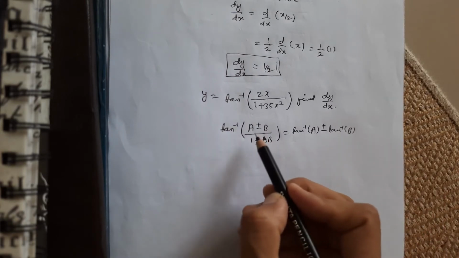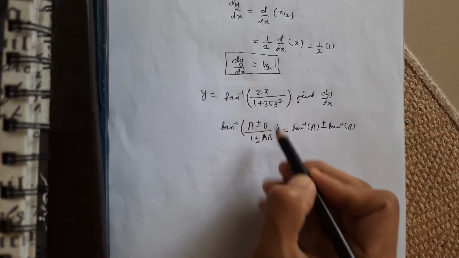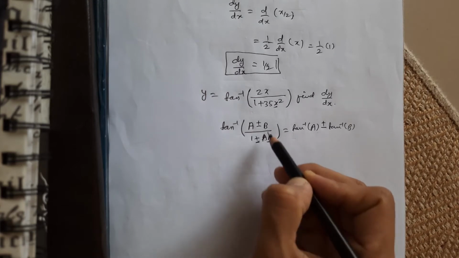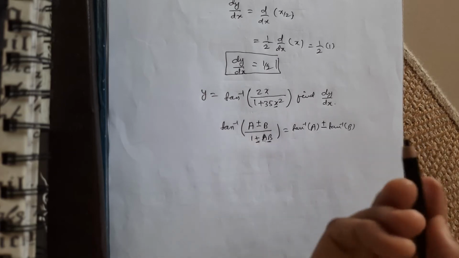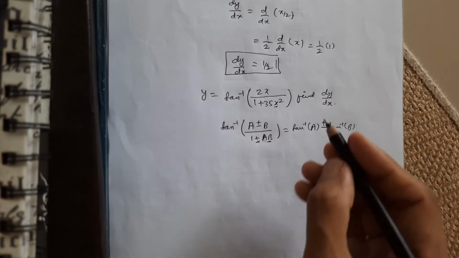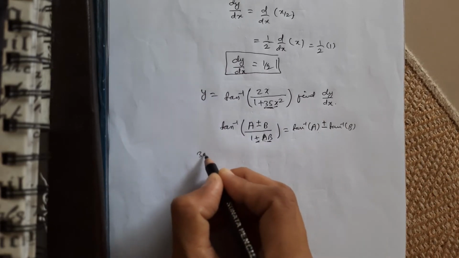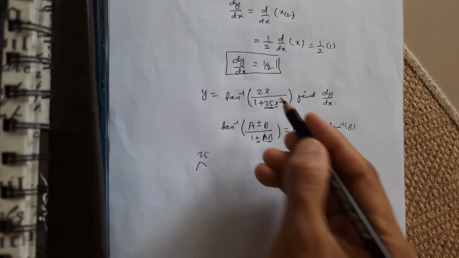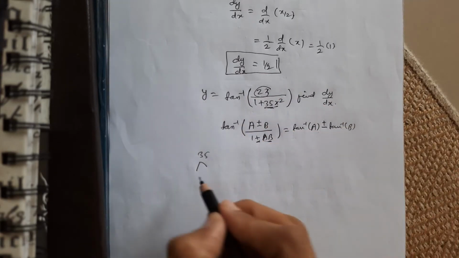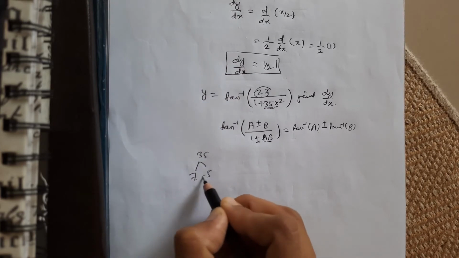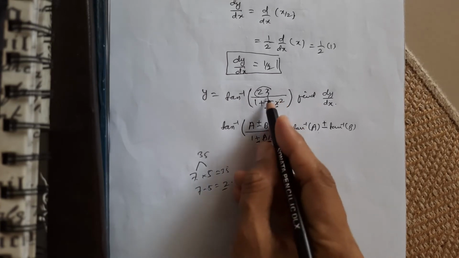So I am trying to simplify this using this formula, because I can see that I have 35x square, which can be split as a multiplication term. Let's try to split it in this form. I want the product to be 35 and their difference or addition to be 2. That's my target. So 7 multiplied by 5 is 35 and 7 minus 5 is 2, right? So I get it here.